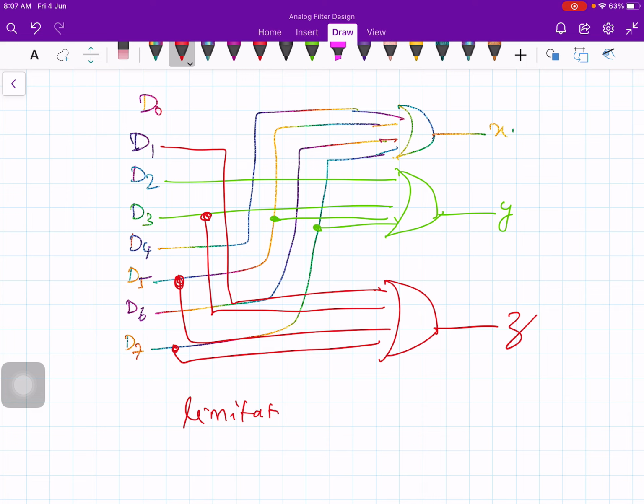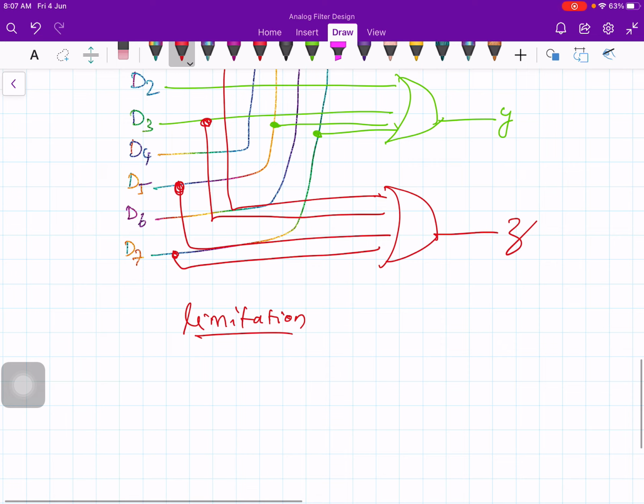What happens if somebody presses two keys at a time, two buttons at a time in your calculator or in your mobile phone or in your keyboard. For example, in your keyboard you press two keys simultaneously like Alt F4 or Windows function plus lock, like that you have to press two buttons at a time. So in that case, how will you design an encoder? So that is a drawback in this one. So it has very limited applications. It can't handle multiple simultaneous functions. So in that case, we need to somehow modify the given circuit such that it can handle when you press two buttons or two keys at a time. So that's the drawback of this type of encoders.